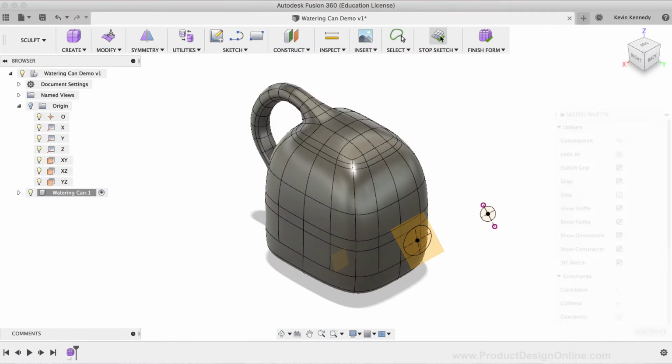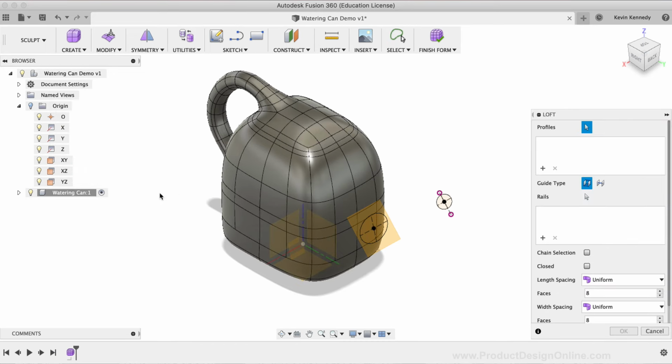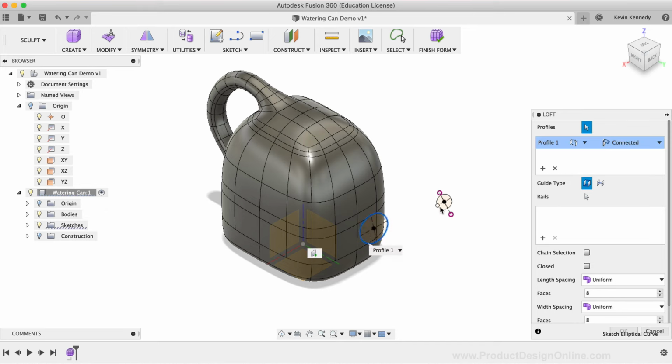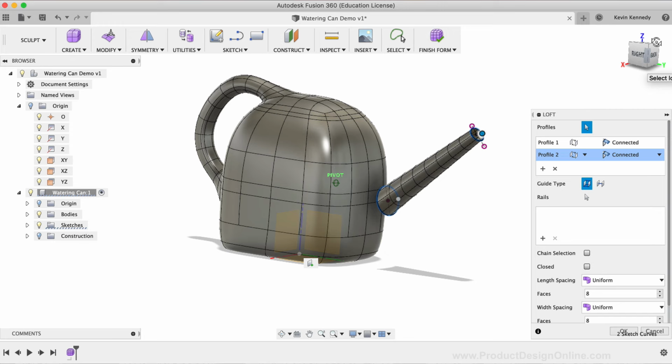I'll stop the sketch and I'll now activate the loft command from the create drop-down list. For now, I'll turn off the construction planes by selecting the corresponding light bulb in the Fusion 360 browser so they're not in the way. Then I'm going to select the large ellipse and then the small ellipse. You'll see that gives us a nice preview of the loft, but let's go ahead and tweak some of the